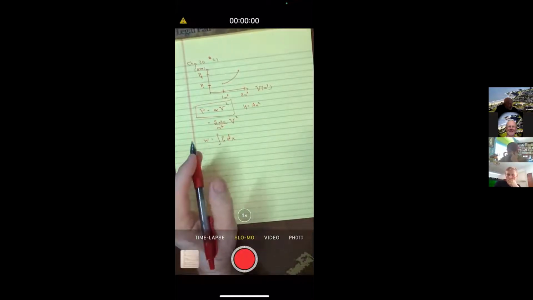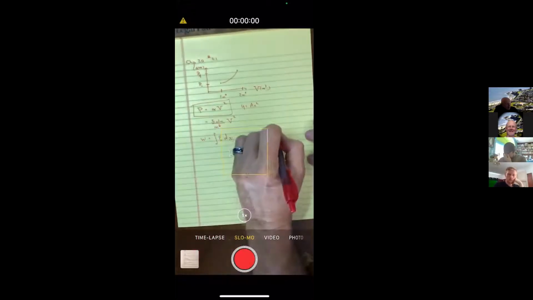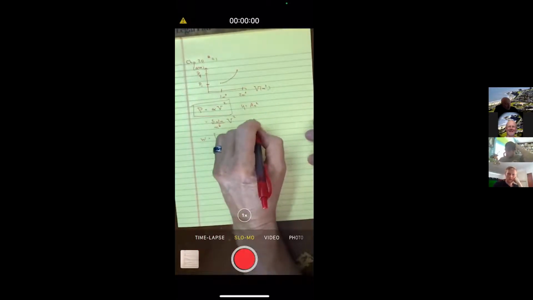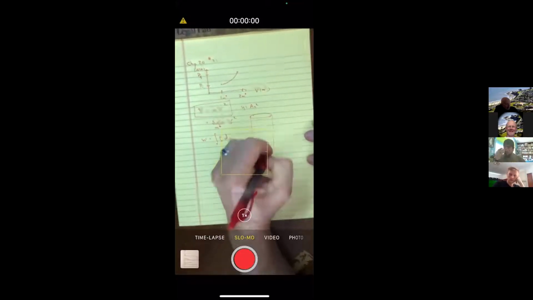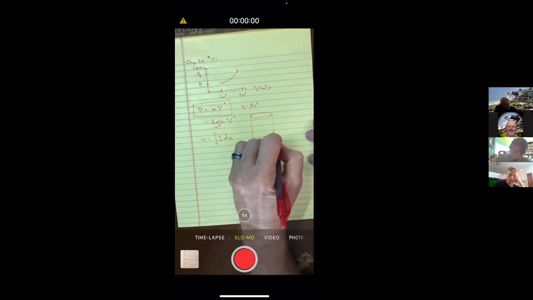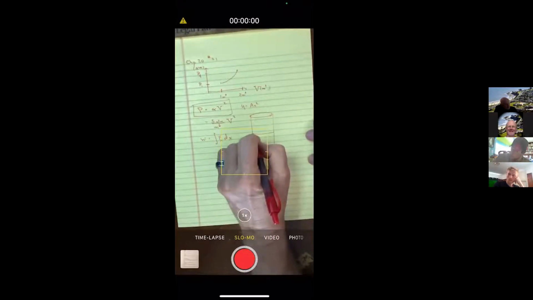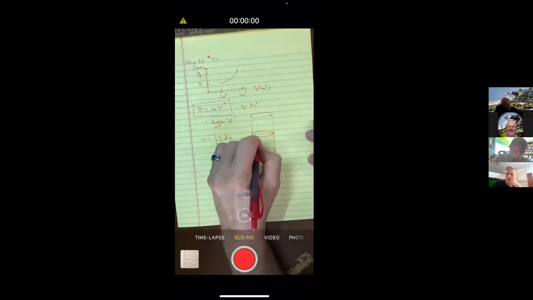The reason I am going to put that here is because if I make a container in the shape of a cylinder that has a piston, since we did a couple of problems earlier with a piston,